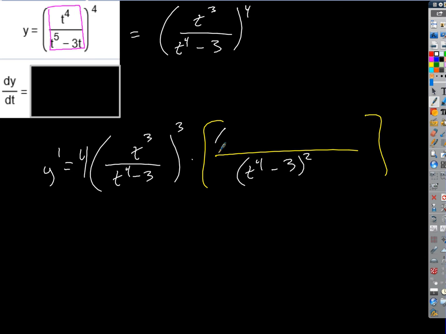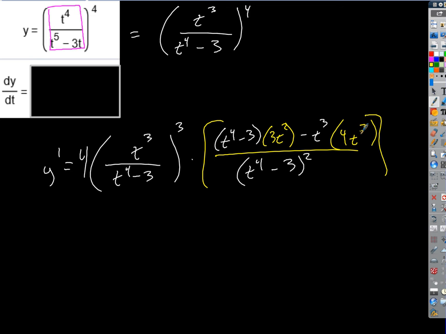So we're going to get t to the fourth minus 3 times what? 3t squared. Minus, you gotta get a minus in there, that's why the order's important. What? T cubed times